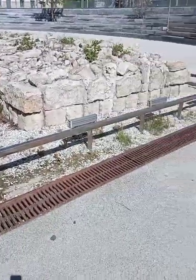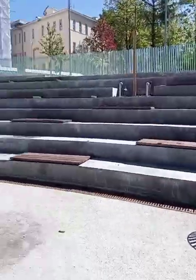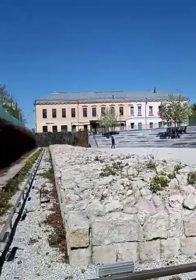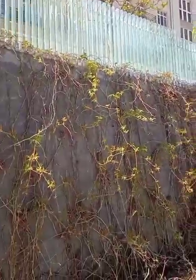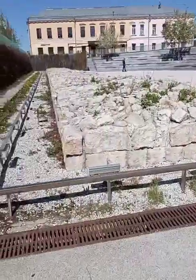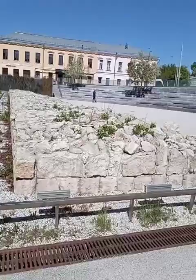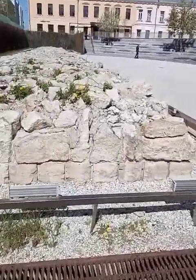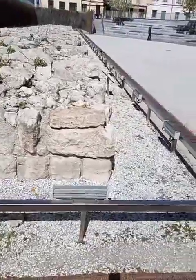And I was walking it, going to meet a friend, and I came across this little amphitheater that you wouldn't see from the side of the road because, as you can see, the streets are about one story higher. And in the middle of this amphitheater is this. For those who don't understand what you're looking at, this is a fragment of the White Wall